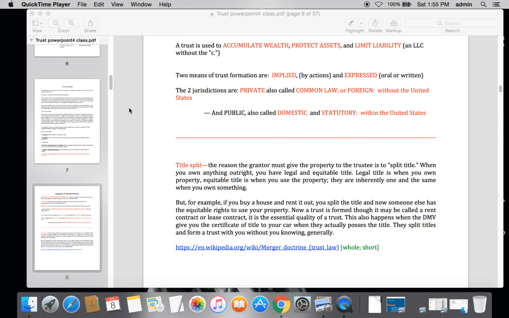When you register the car, you give them that legal title of ownership. You get equitable title, which is the certificate of title. All right, so I don't want to go too deep into that, but yeah, that's how a title is split, and that is how the state can come take your car, even though it's paid for. They can tow it and then keep it, and a whole host of other things.